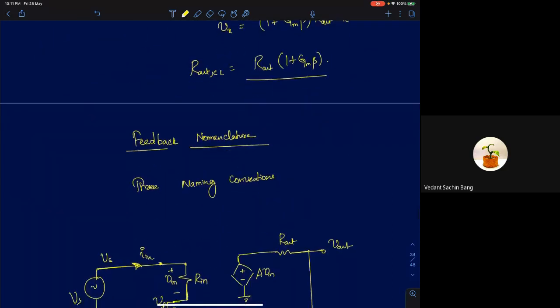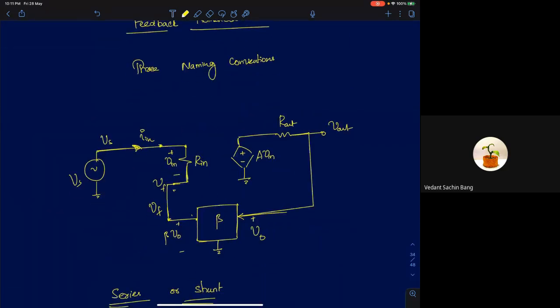Based on that, we are going to develop a nomenclature with which we can refer to different feedback topologies with those names. There are three general naming conventions, and they make intuitive sense as well. Before we understand the naming convention, we should understand what is actually happening in a feedback system.